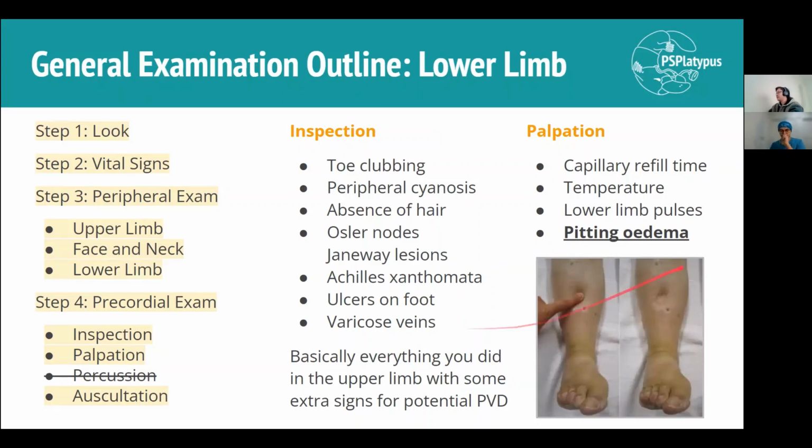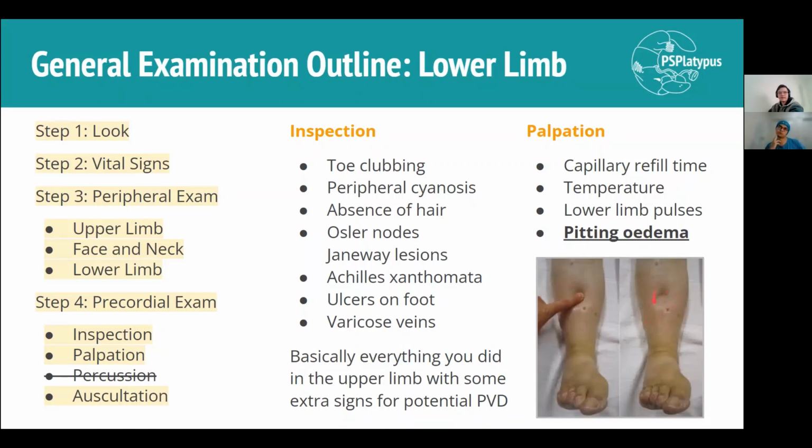The main thing that's different is going to be pitting edema. So you want to press on potentially the front part of the lower limb. And if you notice some sort of edema, the difference between just regular edema and pitting edema is, if you press and you let go, it'll leave a dent. And that's a strong sign that they've got some sort of